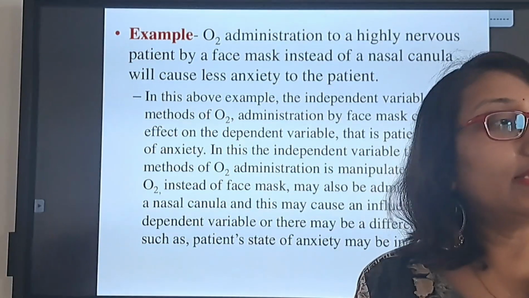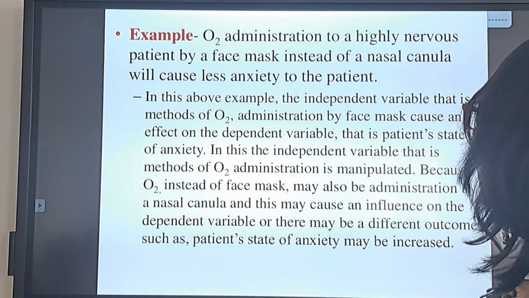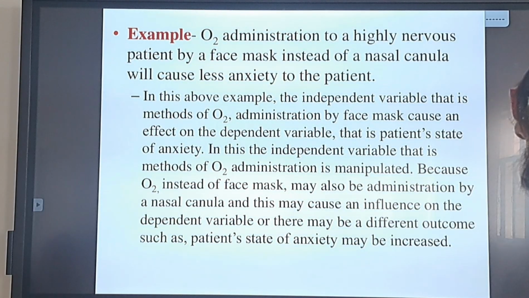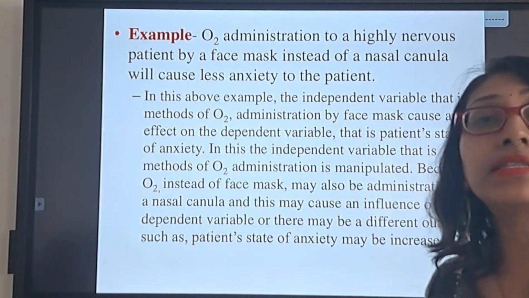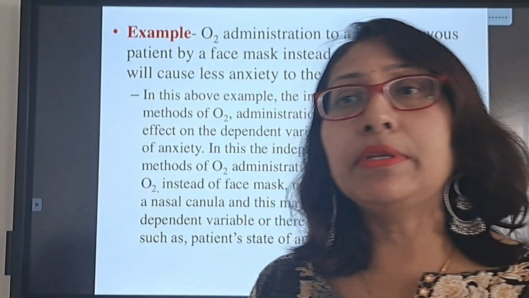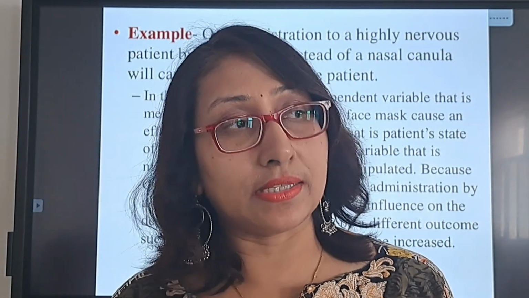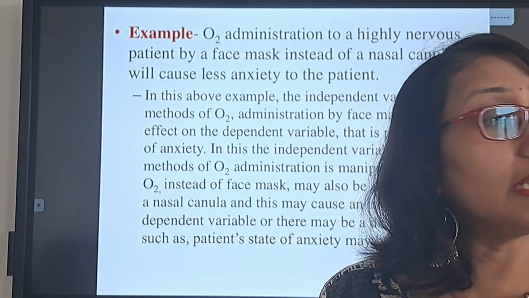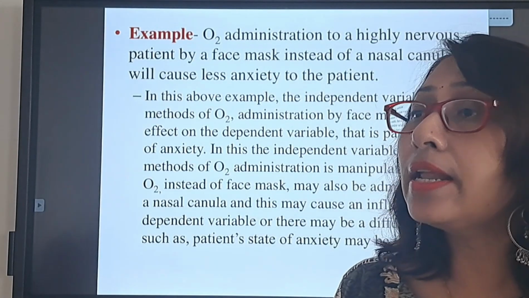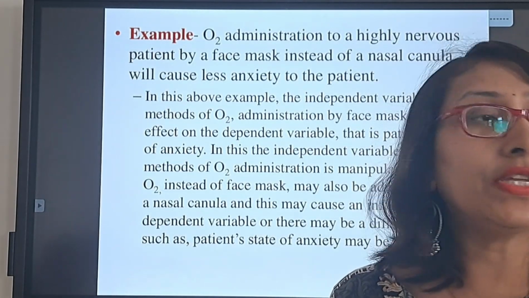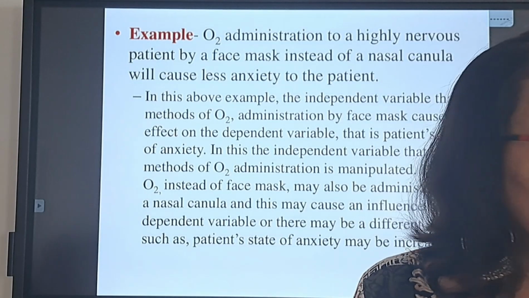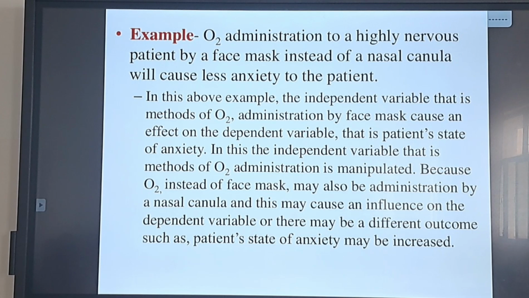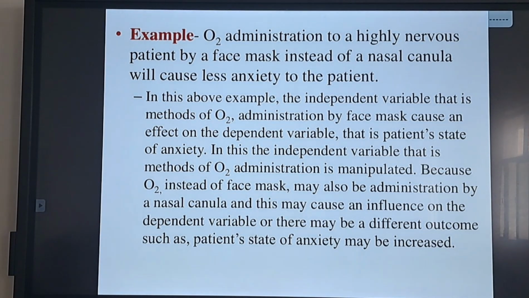So, for example, you can see oxygen administration to a highly nervous patient. You have administered oxygen by a face mask instead of a nasal cannula. We all know oxygen administration can be done in various ways. Either you can give it with the oxygen hood or with the oxygen mask, nasal cannula, nasal prongs. There are many ways, is it not, through which we can administer the oxygen. So here the oxygen is being administered by a face mask instead of a nasal cannula, which will cause less anxiety